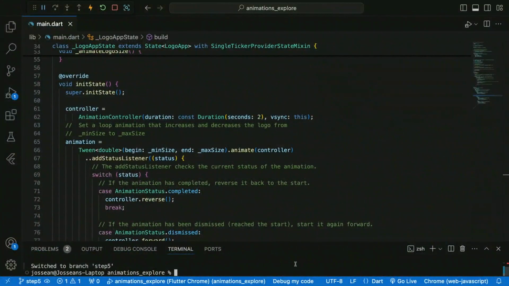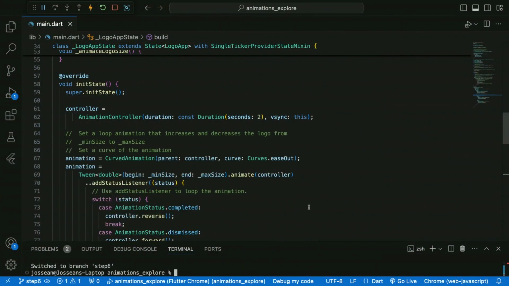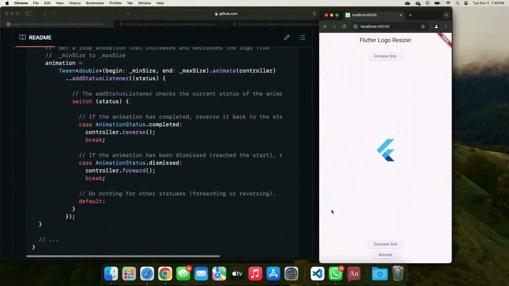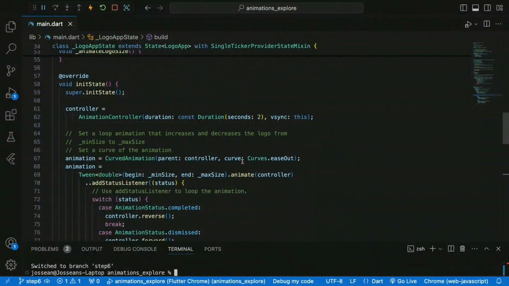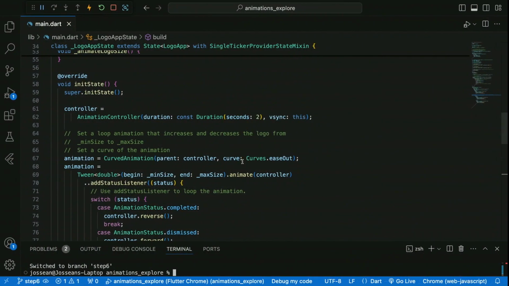you should check out step 5, step 6. Yeah, exactly that. And hit refresh. If you just look at this animation going on here, basically it's going in a linear way. We don't want all the animations going in a linear way. Sometimes we want a part of the animation going fast and then going on. So that's why Flutter also has this concept of